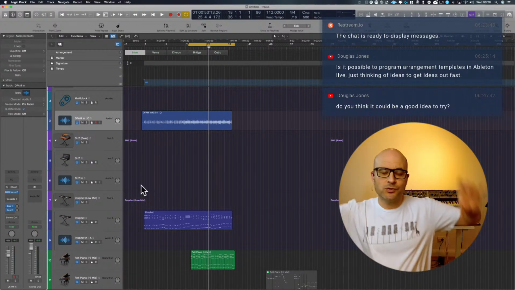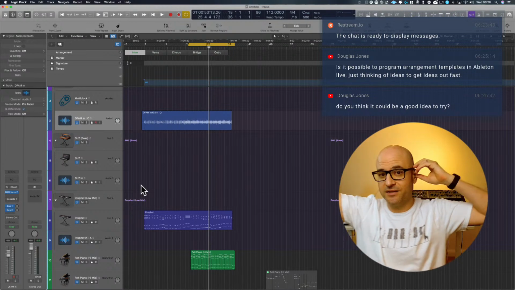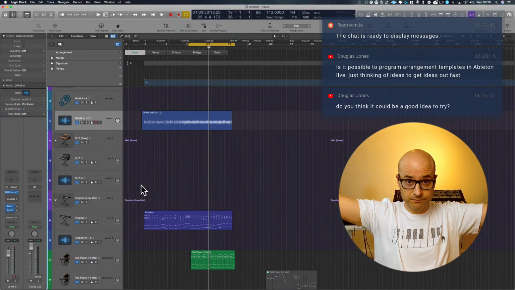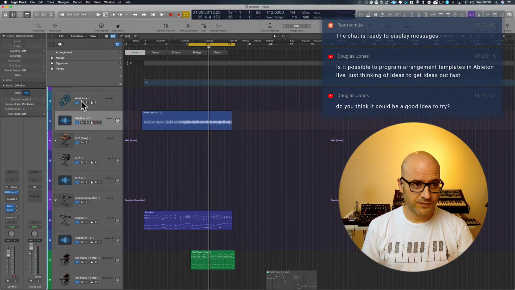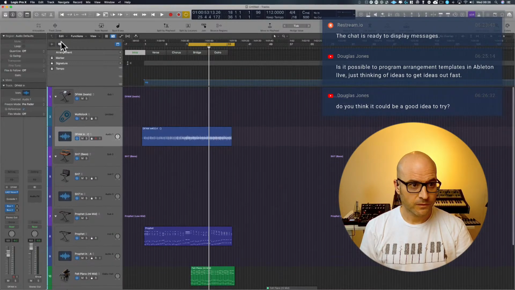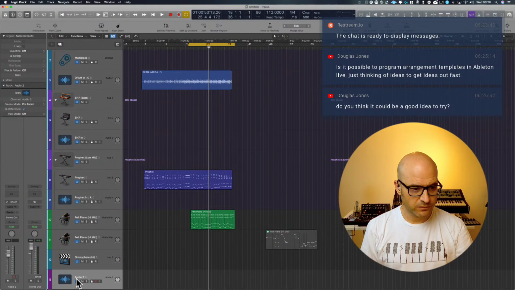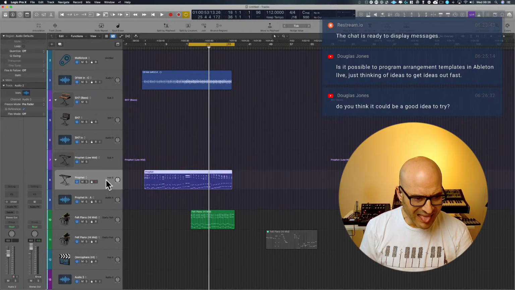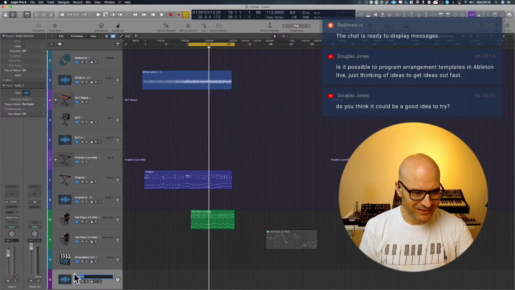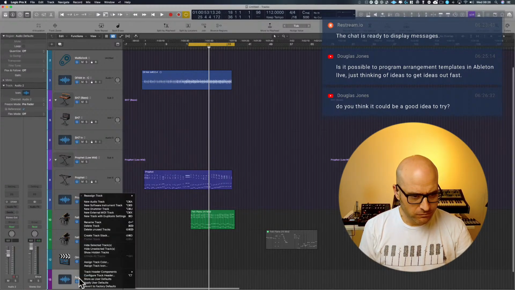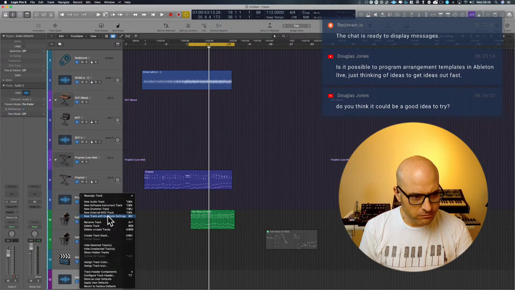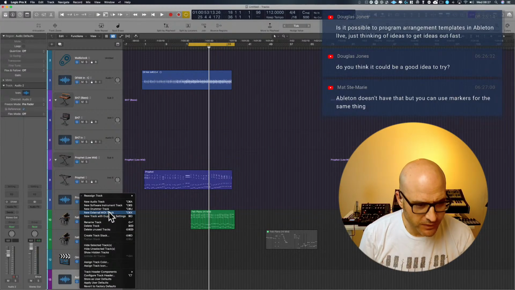But what you can do, if they don't, or in any DAW, is just take an empty MIDI part like this. So just put a MIDI channel. Let's just use that one.